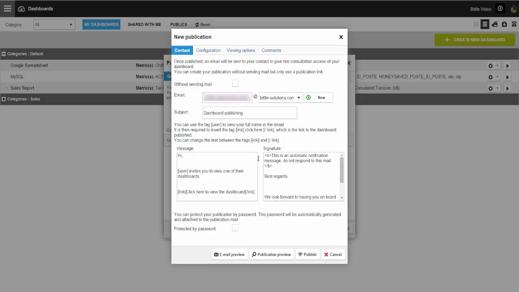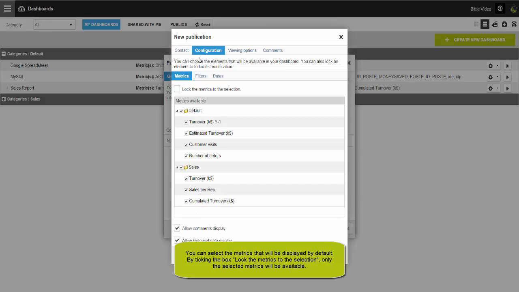In the second tab, Configuration, you can choose the available items in your dashboard while publishing. Metrics. You can select metrics you want to display while loading. By ticking the Lock Metrics box on the selection, only the selected metrics will be displayed to the reader. If the box is unticked, the reader will have the opportunity to display all the metrics by selecting them in